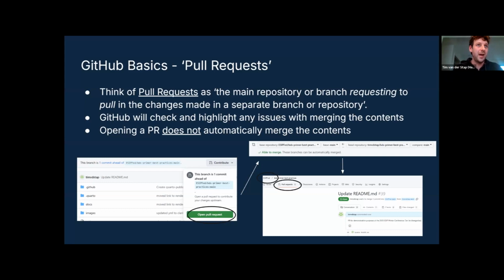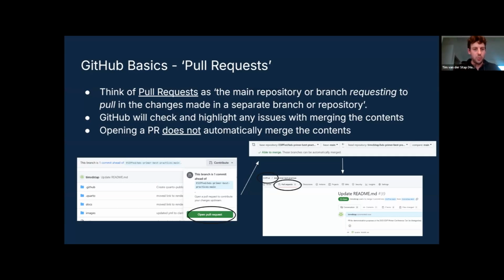I was struggling with the concept of a pull request, but I now think of it as the main repository or branch requesting to pull in the changes made in your separate branch or within that forked repository. It is definitely possible to simply open up a pull request, and this doesn't necessarily mean that you're automatically merging the contents.